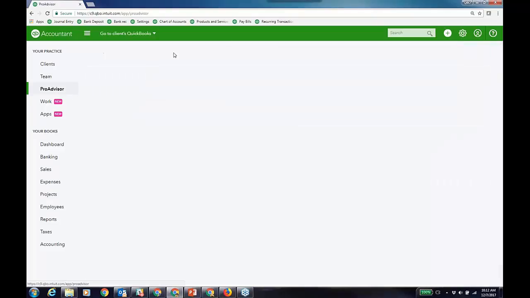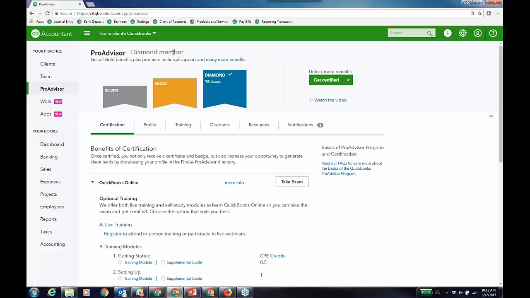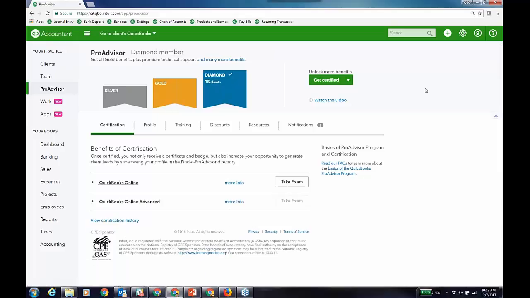All right, let's talk about ProAdvisor. Some of you might be desktop ProAdvisors. So quickly, here's where you come in, and your staff, because you're inviting them uniquely to QBOA, right? So they actually have their own free QBO advisor membership and ability to get certified in QBO to become more adept at the platform, and then even go for the advanced certification. And they can put together their own profile and publish it on the Find a ProAdvisor site, and you can have all your staff out there,